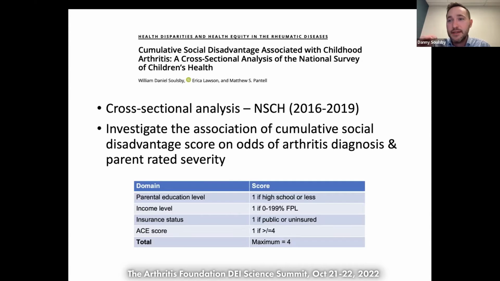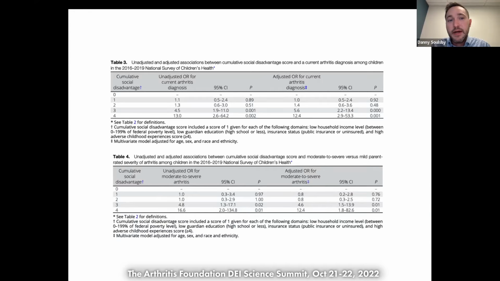So this essentially applied equal weight to every social risk factor, which may not be the way things are in reality, right? But it was to get at whether or not there is the presence of a social gradient impacting JIA diagnoses. So we used univariate and multivariate logistic regression to understand how increases in the score might impact odds of a current arthritis diagnosis, as well as moderate to severe parental reported disease